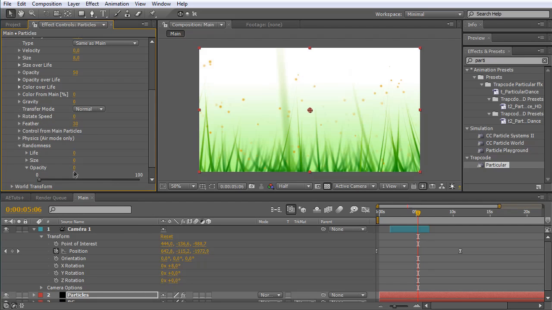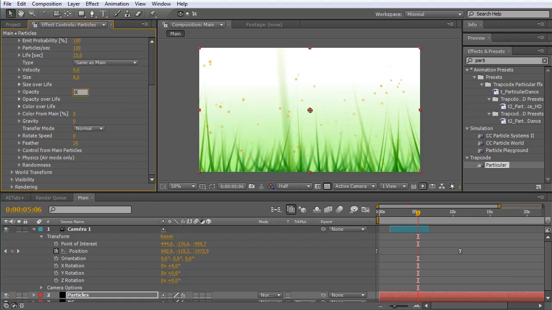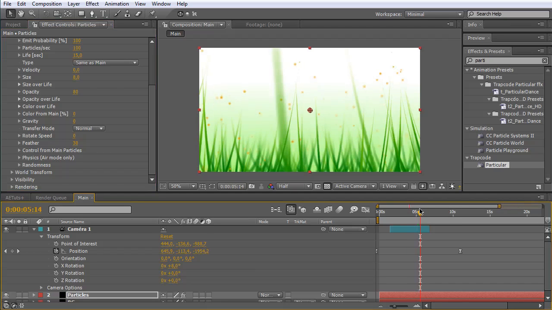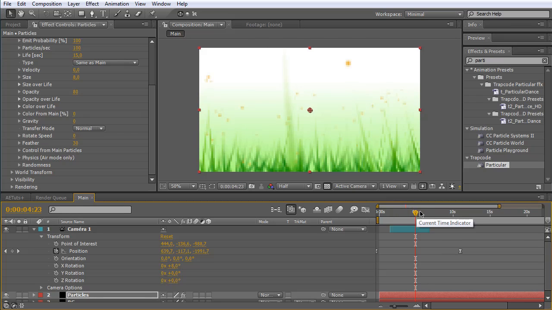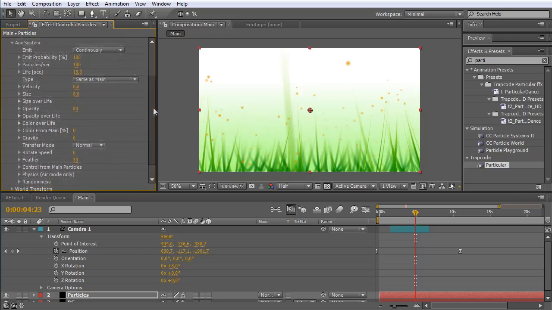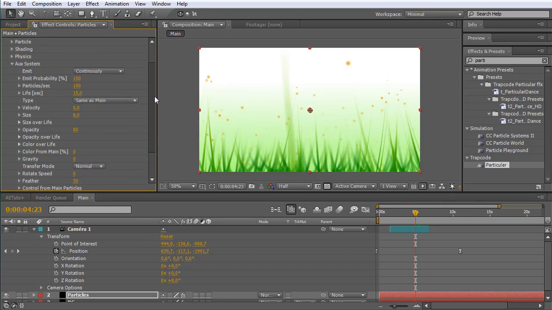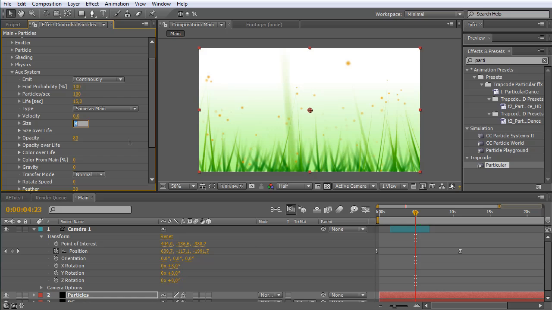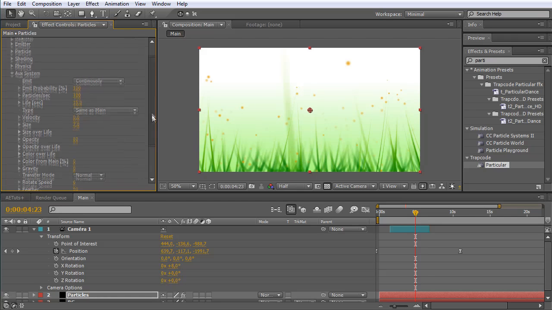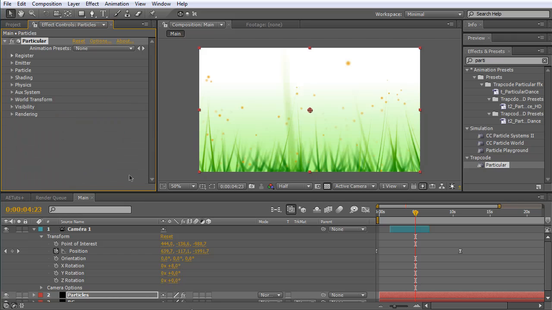Randomness, I'm gonna change the opacity. We had some randomness in the opacity, about 20. Okay, and now push the opacity to 80 to see it better. It's quite good. Okay, so we've got the idea, and maybe we're gonna push it down a little bit, and okay,